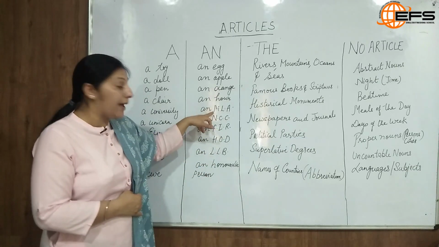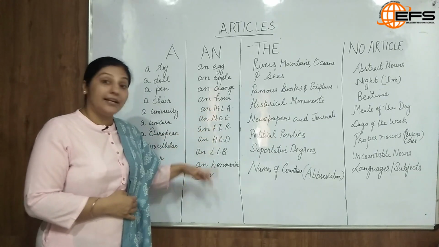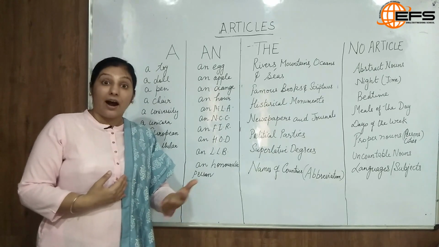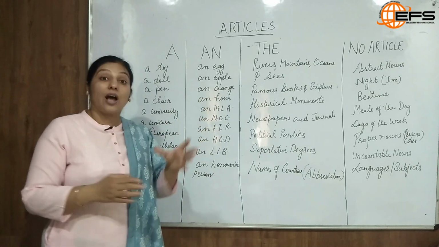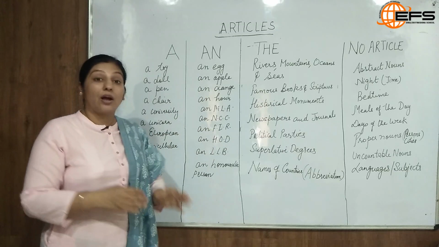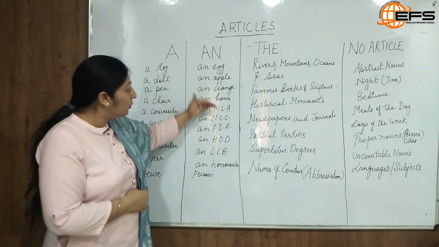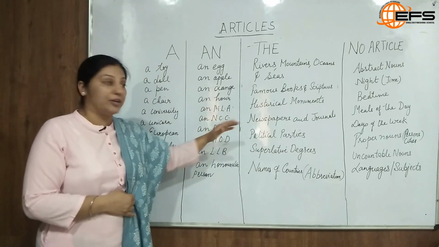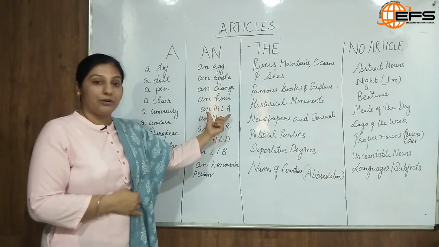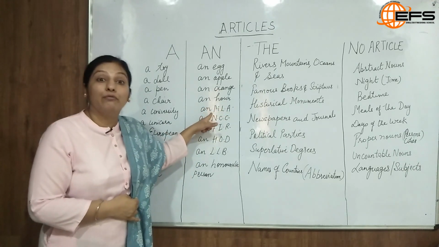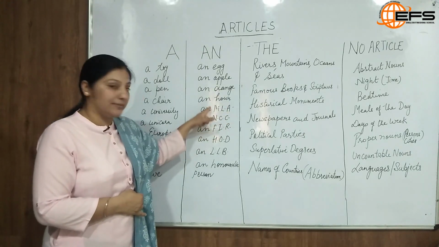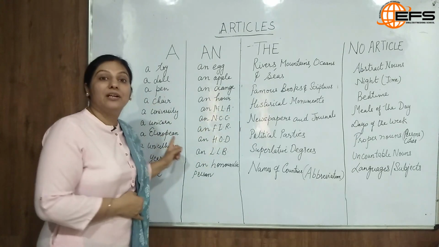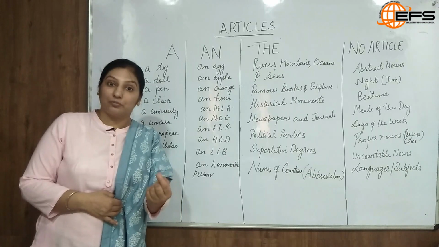So here look at these letters, M, N, F, H, L, and there are many more in the whole alphabet like I, S, R. All these letters have a beginning sound of a vowel, but that will only be produced when we are using these letters as an abbreviation, as an acronym. Like when we say MLA, this is an acronym and this letter produces a sound of a vowel, that is A. But once we expand this abbreviation, we say Member of Legislative Assembly, that will immediately become a, because the sound of member is ma.